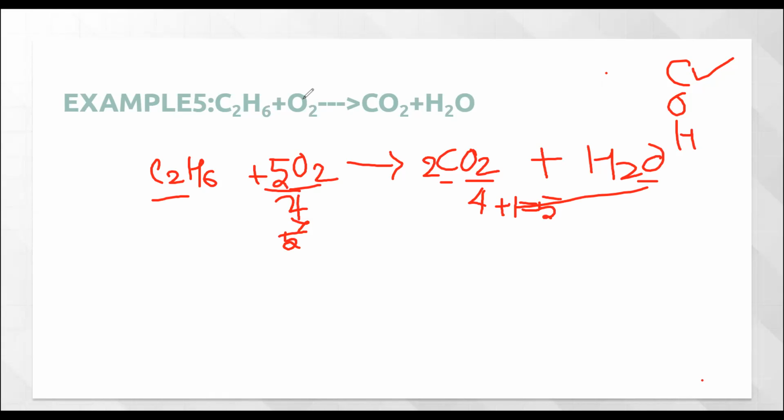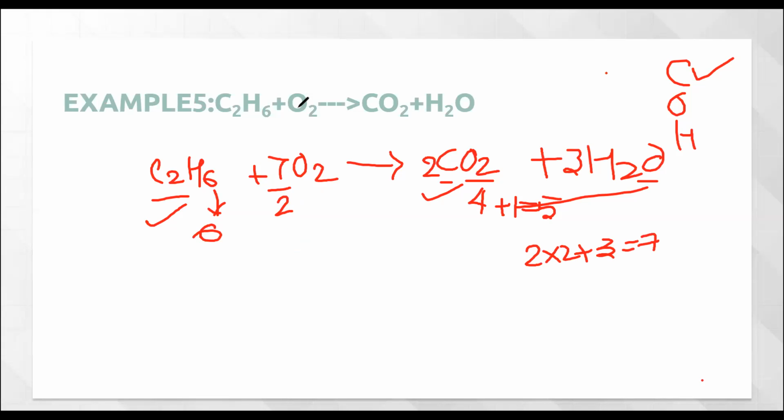Again move to step 1, that is check for carbon. Carbon 2, carbon 2, oxygen 5, oxygen 5. Move to hydrogen. Hydrogen is 6 and hydrogen is 2. So in order to make it 6, we'll be writing 3 here. Again move to step 1, carbon 2, carbon 2. Oxygen is now 5 and on this side the oxygen is 2 into 2 plus 3, that is 7. Now again we need to balance the oxygen. So instead of 5 by 2 we'll be writing here 7 upon 2, because of which the number of oxygen atoms on the reactant side will become 7. On the product side also it is 7.